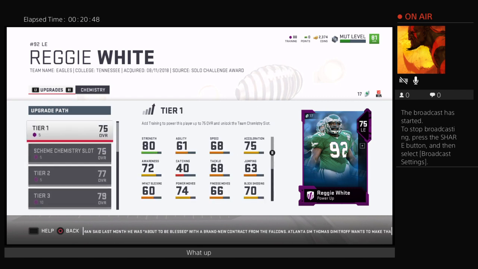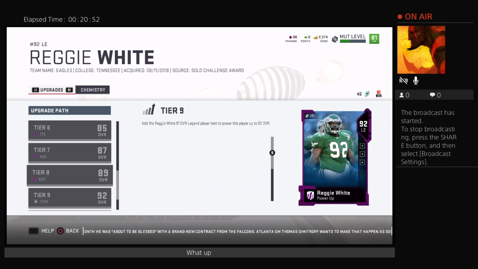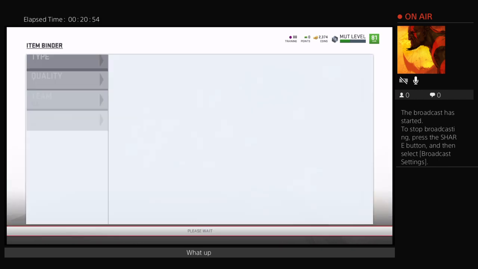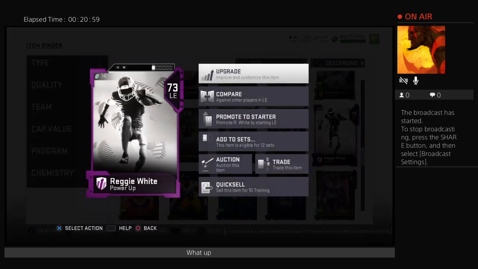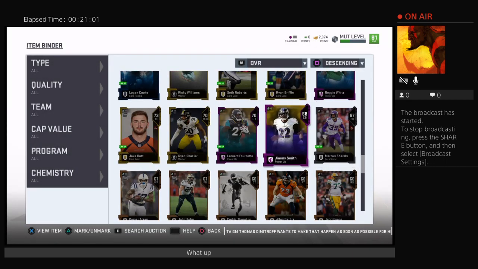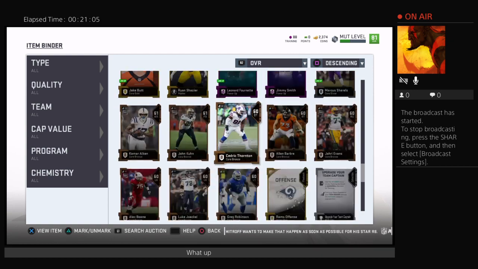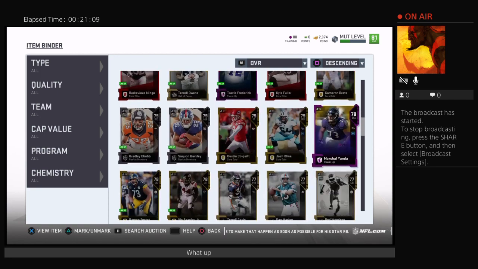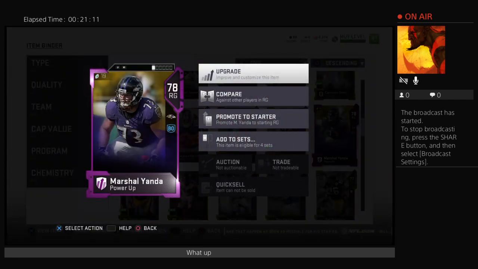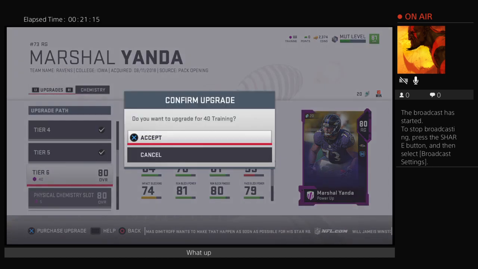For less than 1,600 training points, which, I mean, if you keep using this method and keep building coins, you could get that within a week. You can have up to an 89 already. Where did Yanda go? Now, if you're just in it to build coins and everything,